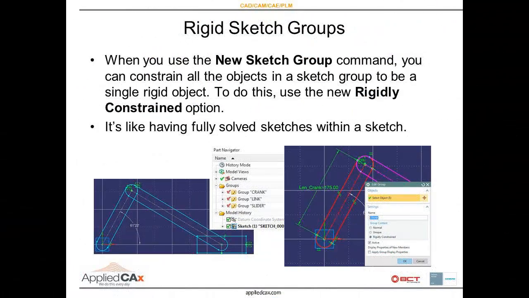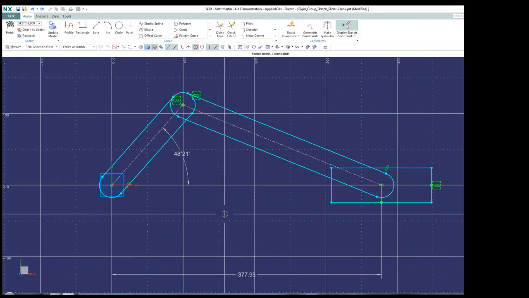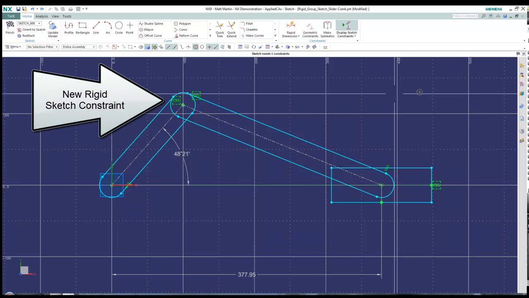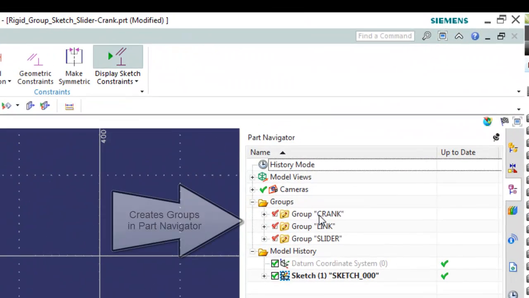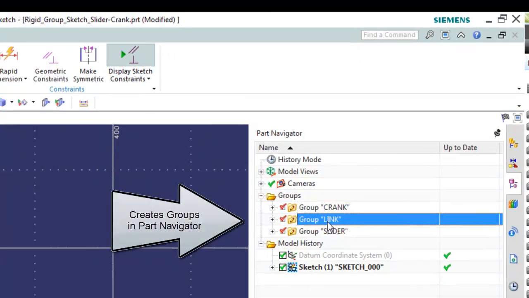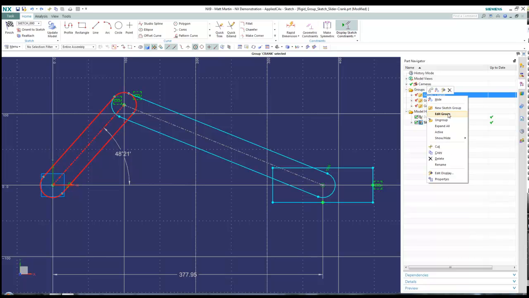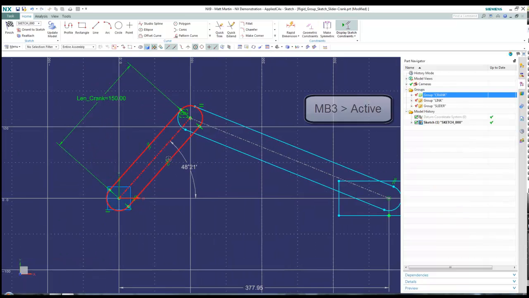Rigid sketch groups are great. You can actually have essentially a solved sketch within a sketch and have a grouping within a sketch. So you have a new constraint type called rigid sketch or rigid constraint, which will actually create groups in your part navigator. If you right click on one of the groups, you can activate it, and what that'll do is expose anything that's